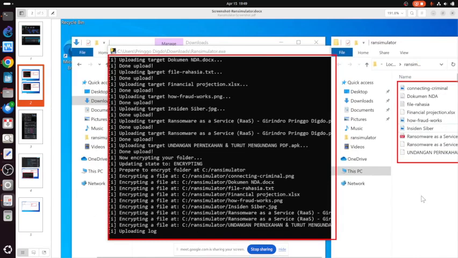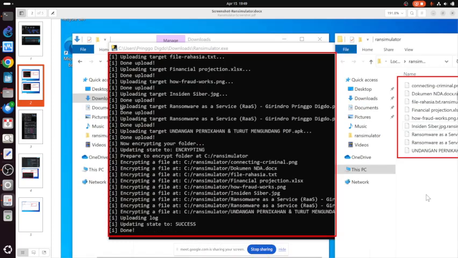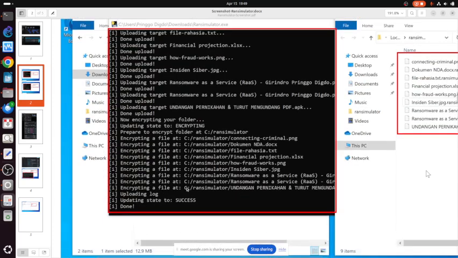If someone installs the ransomware, the first step performed by the ransomware is uploading the data, then encrypting. If it is successful, that's it. We cannot use the computer anymore.